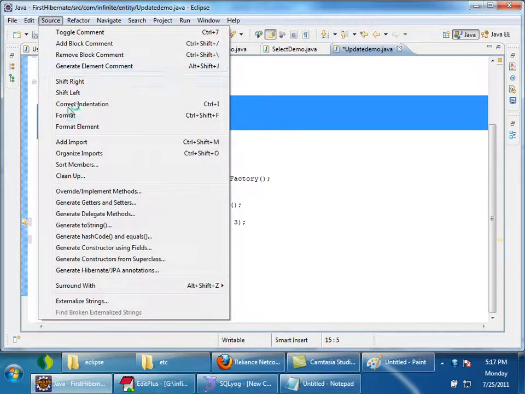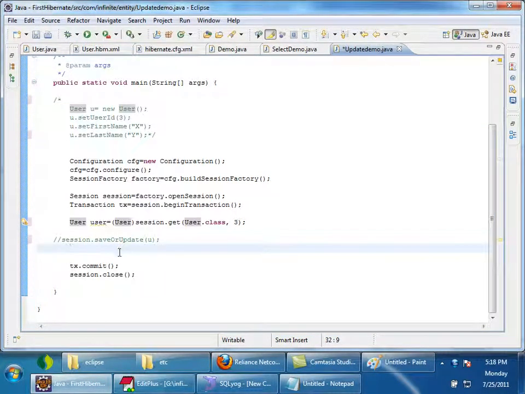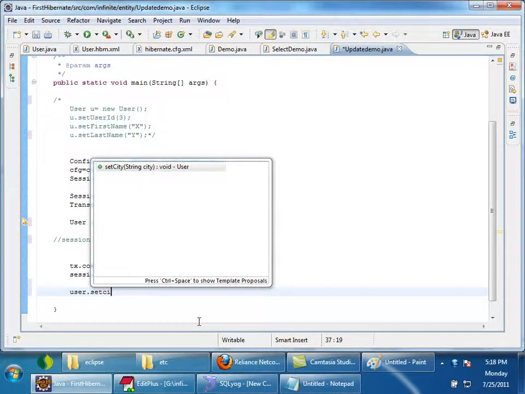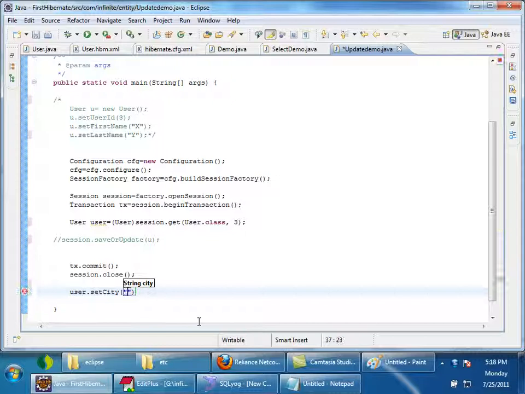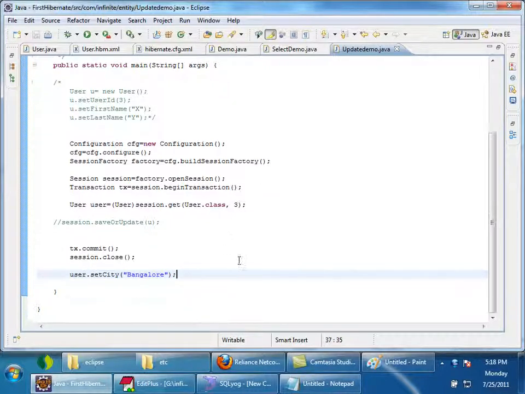See this code. Now, the user object is in persistent state after this line is executed, right? Here I am closing the session, and here I will say user.setCity to Bangalore. Tell me, after I execute it, what will be the city in the database? Bangalore?